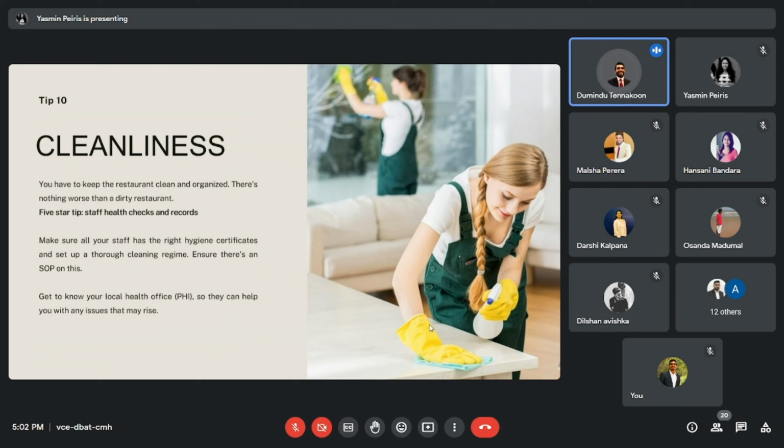I can't stress enough, for any restaurant, any hotel. If you're not clean, you're not going to be in business for very long. If you're clean, great, you have a very good base, and then your great food, your great service, your great location, ambience, all that will come in and you will be unstoppable. But getting cleanliness right is not easy. So these are the tips and tricks I wanted to share, the 10 tips on how to run a successful restaurant business. I can answer some questions as well if